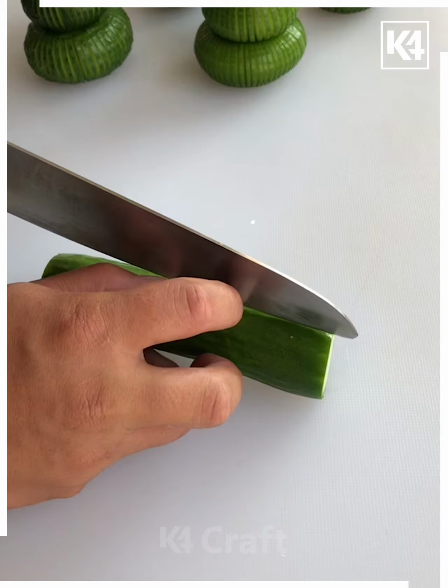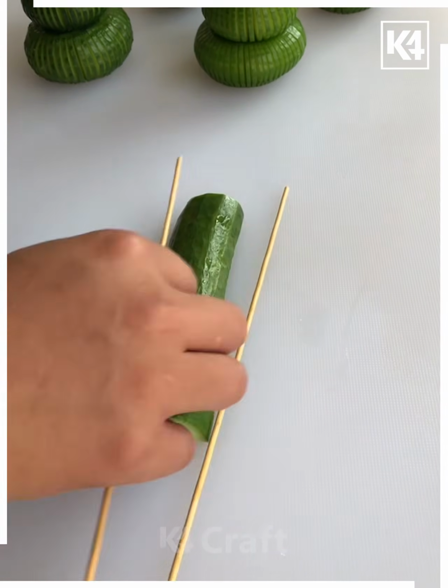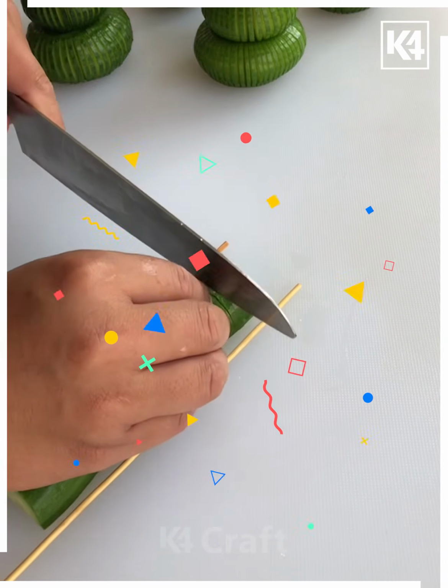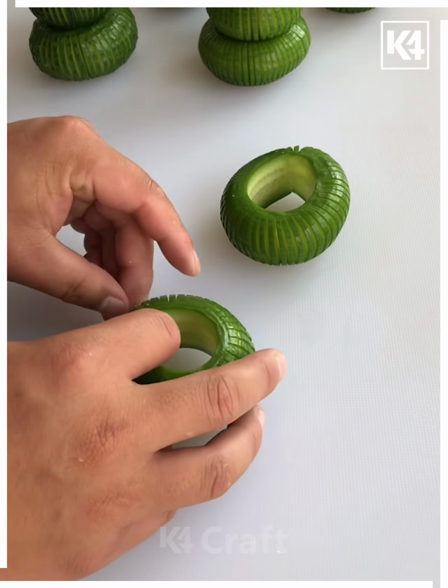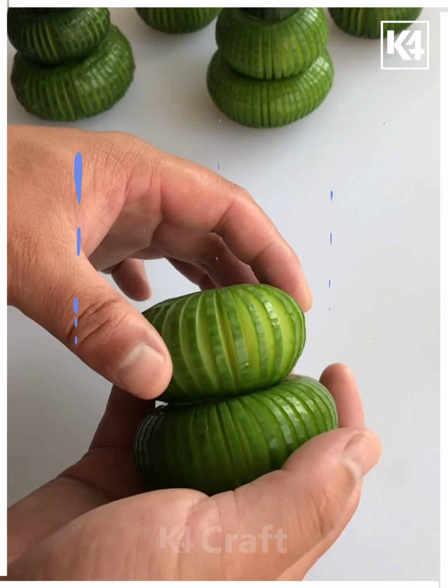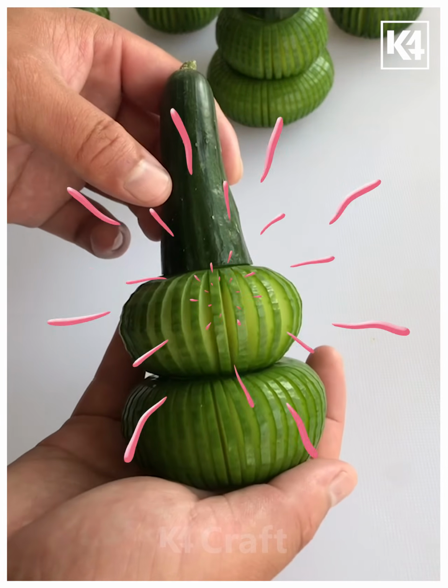So same way, taking a cucumber, just cut it into halves and then tinily cut them and then join them. Same way, follow this with the other half of the cucumber and join the two cucumbers. So here's a beautiful